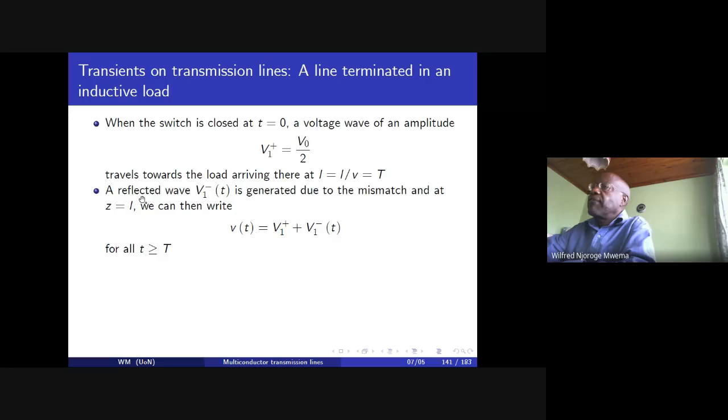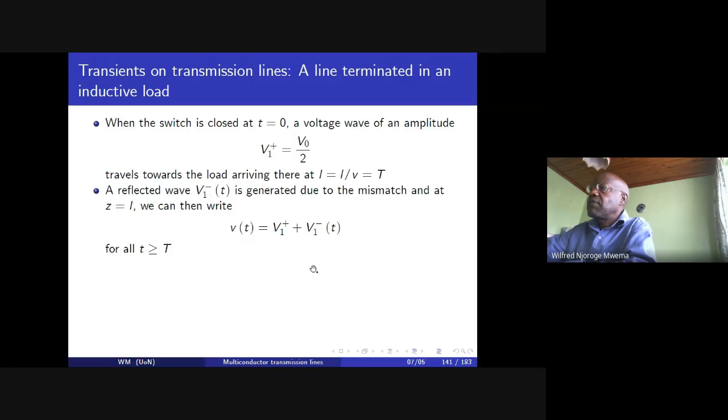So a reflected wave V1 minus as a function of time will then be generated due to the mismatch at Z equal to L, and therefore we can write that the voltage V of t anywhere along the line at the sending end or at the receiving end is going to be given by V1 plus V1 minus of t, and for all time greater than the one-way time of flight, which is L by V,